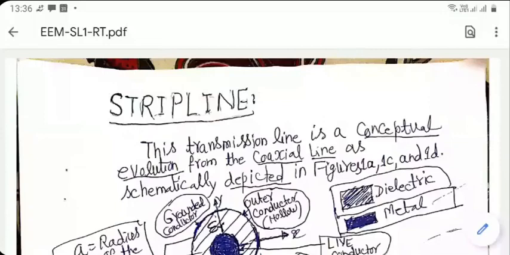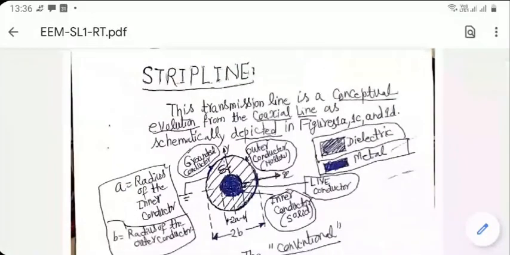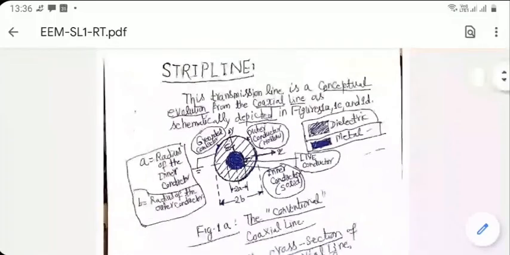Strip line is essentially an attempt to bring integrated circuit technology into the microwave world. Most of the lines that we have looked at so far are quite bulky, while the world is moving towards miniaturization. So microwave engineers also said, why can't we do the same? Why can't we reduce the size of everything and make it lighter and still reliable from the performance point of view? One attempt was made a while ago at Bell Laboratories in the US. They came up with a transmission line called strip line.